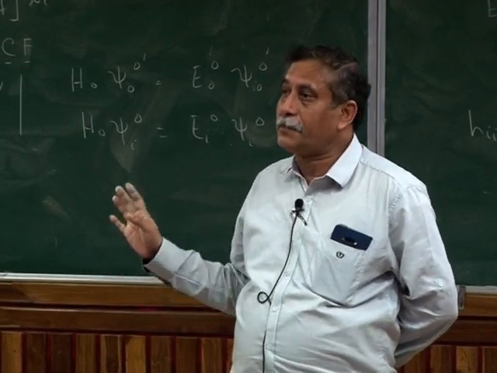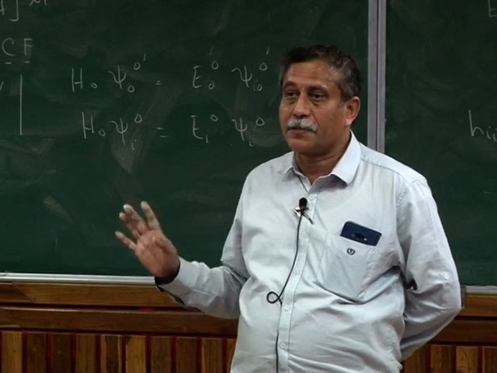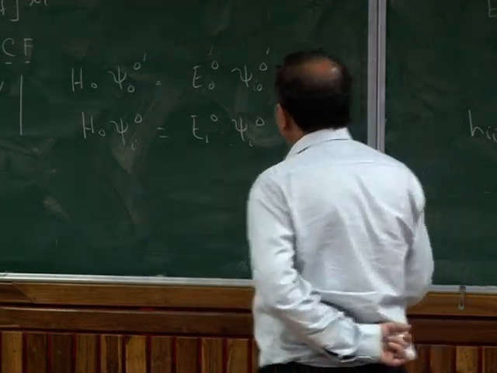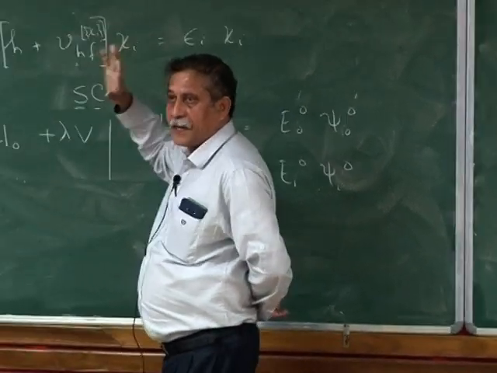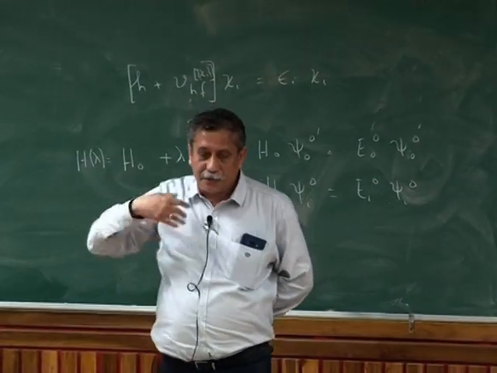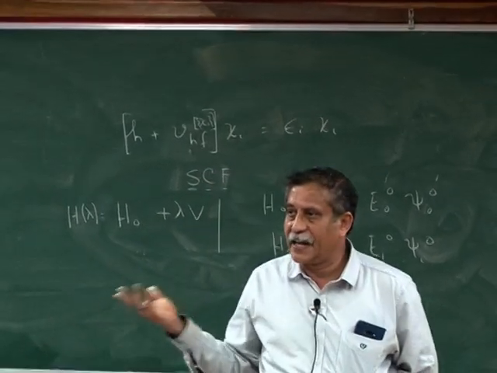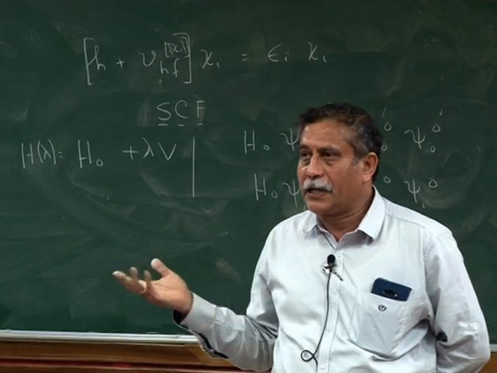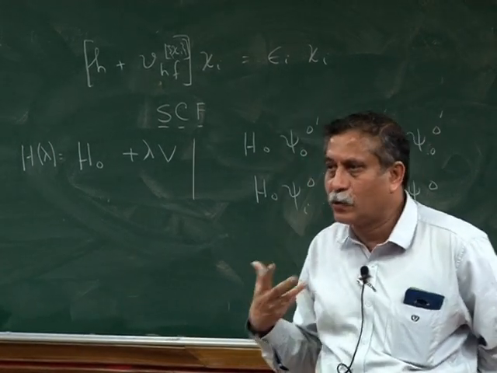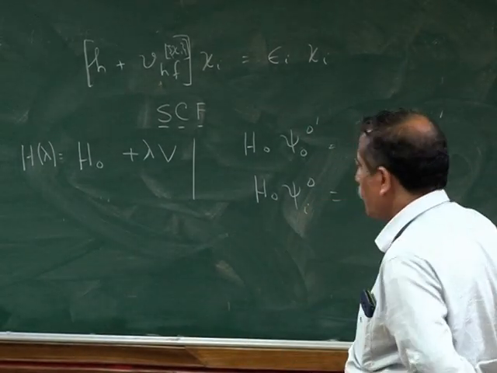Most of the time, the problem converges because we start from a meaningful set of chi's. That is very important. If your guess is very bad, obviously, like any iterative method, it will not converge. In most of the molecular cases, we have a good guess of what should be